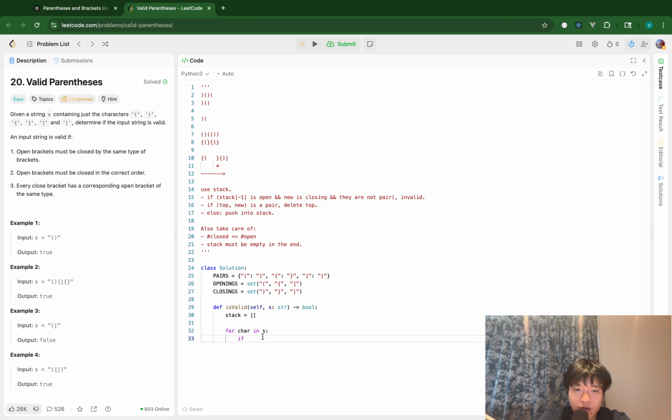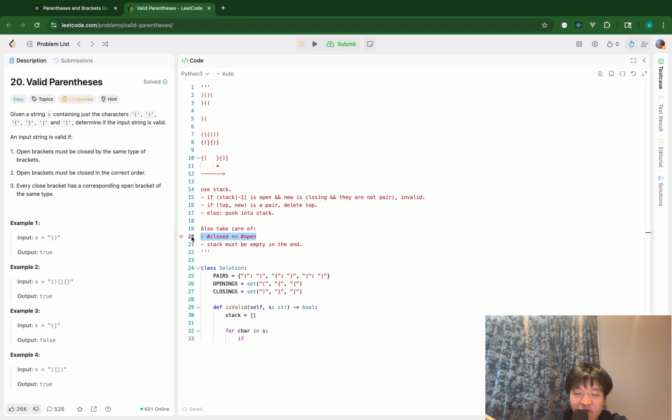So in line 33, what I have to take care of is if the newly coming char creates an invalid pair. Yeah, and also I have to take care of this. If I try to do that, I have to check if there is an element or not, because if there is no element, it's an edge case when comparing the top element and the newly coming element. So before this validation, I will quickly do this